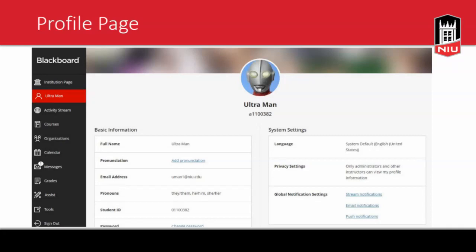So once you've added it to your profile page, anytime you're on a course roster, your name pronunciation will be there for whoever needs it. I also want to point out that on the profile page you can adjust your notification settings. You can adjust your stream, email, and notifications that get pushed out to you. And we'll talk a little more about that in a minute. First, we're going to start